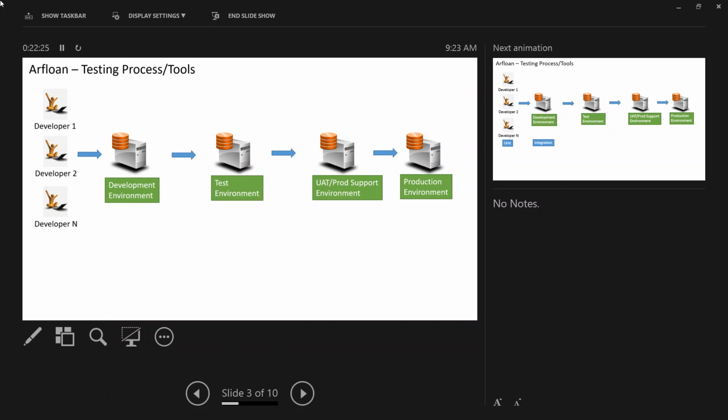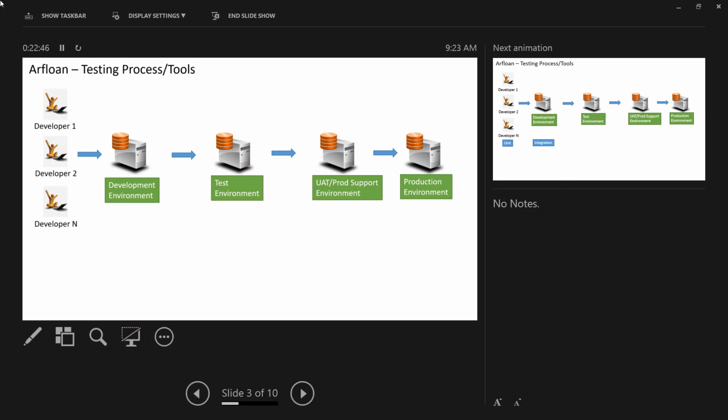Do you guys understand the difference, what they are doing here? What is the development environment? Coding, designing. Some are hearing different things, right?